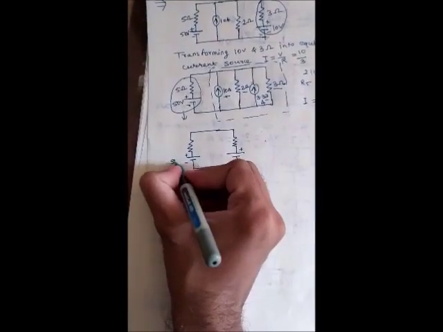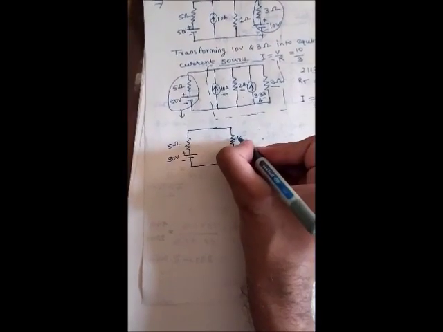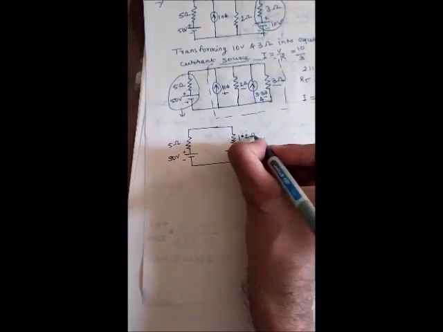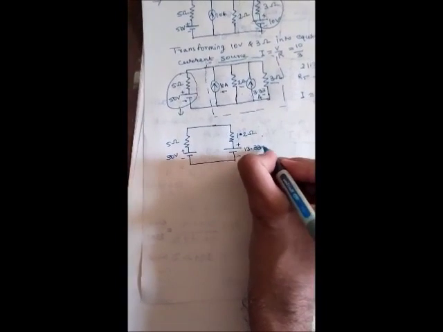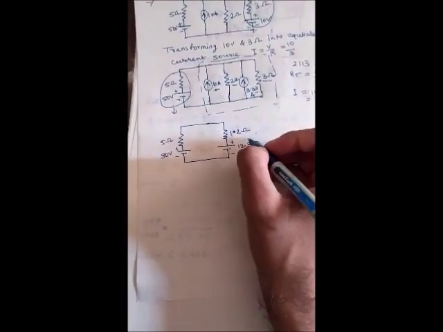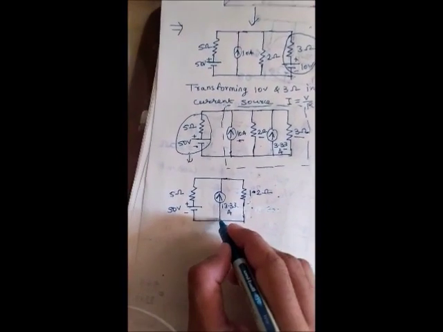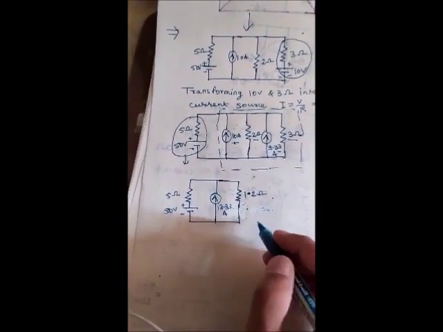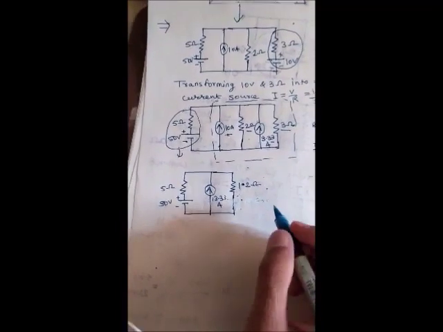Okay, this is 50 volt, 5 ohm, 1.2 ohm and 13.33. Sorry, here I have made a correction: that was not a voltage source, it is a current source. So the circuit is arranged like this: 13.33 ampere and 1.2 ohm resistance.